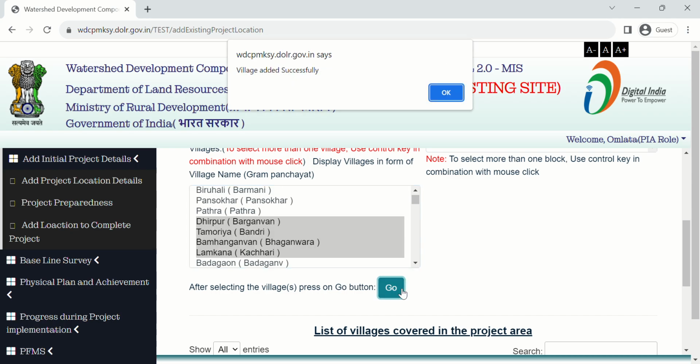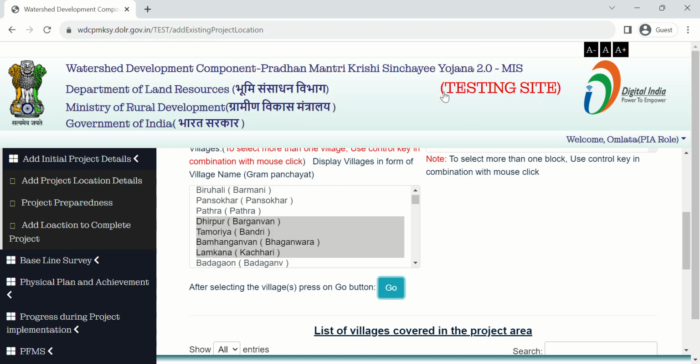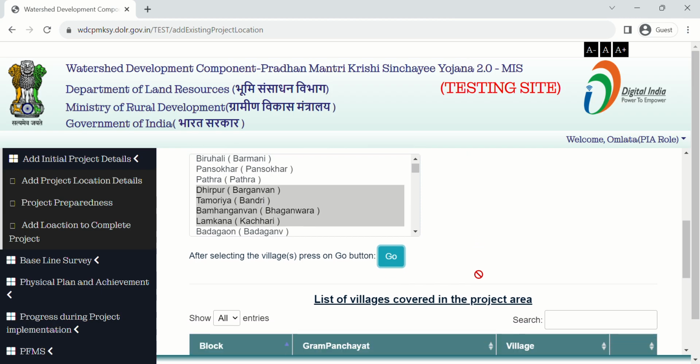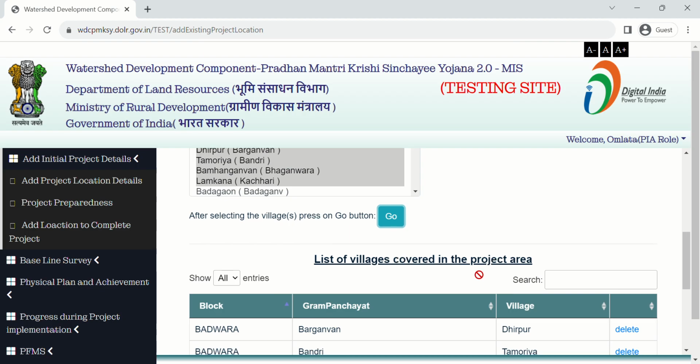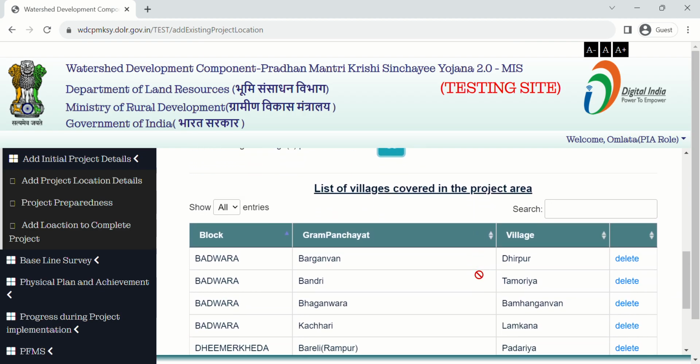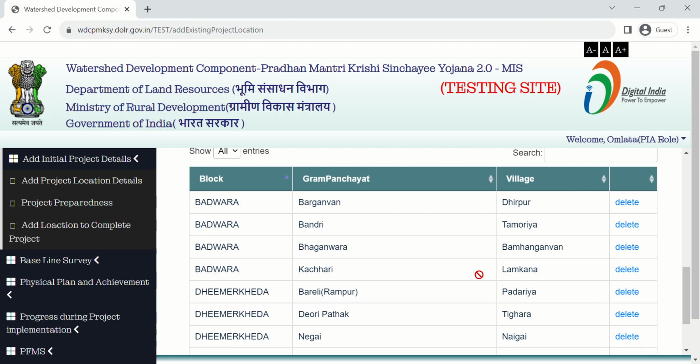After you press the Go button, you find a message, village added successfully. Then click on OK. Now your village has been added successfully. You can see which village you have added.